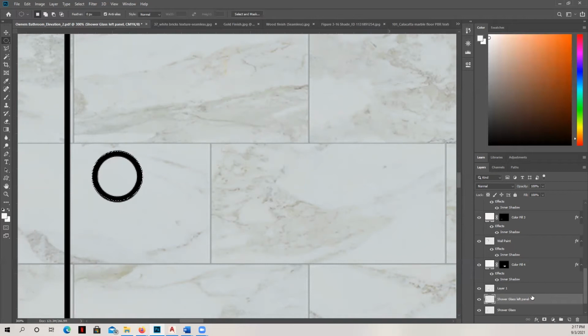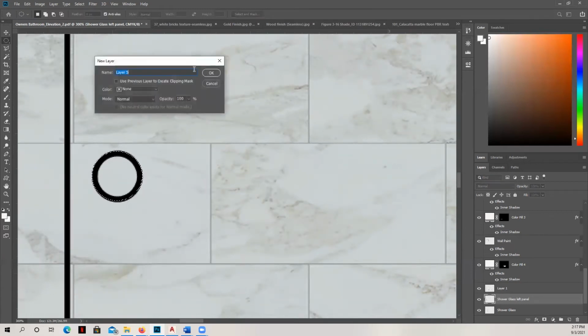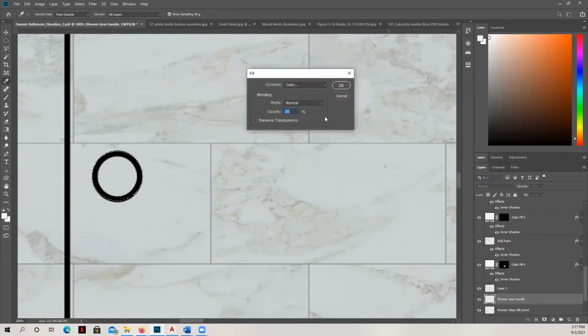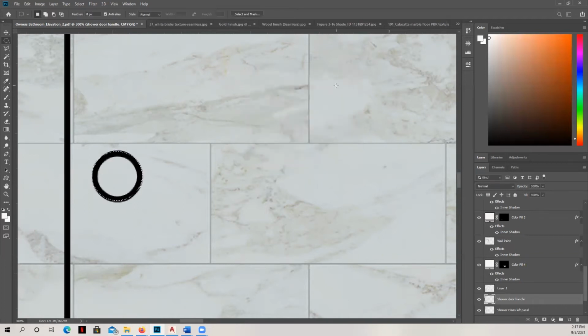Okay. And then let's go ahead and I may need to create a new layer. Okay, and now it should be there once I adjust my layer order.